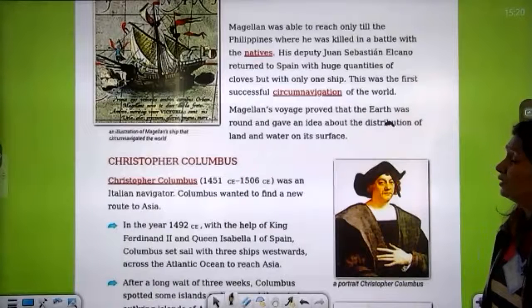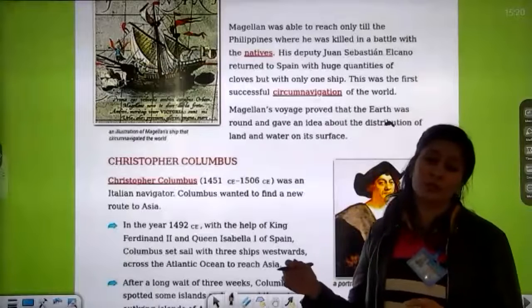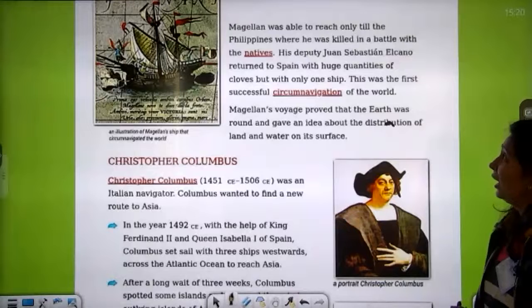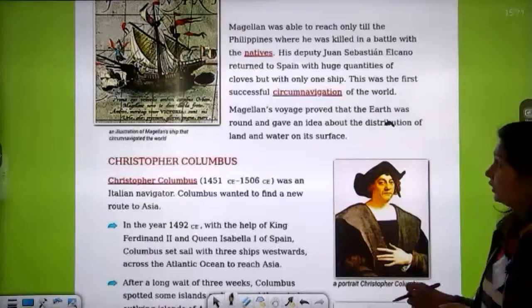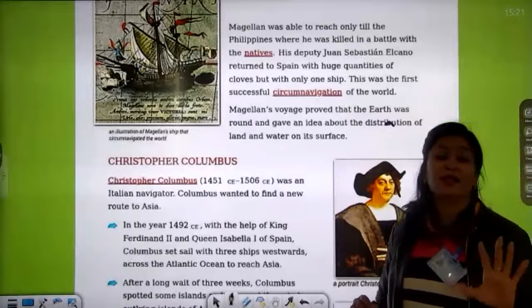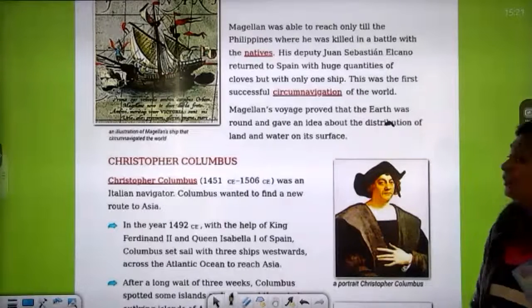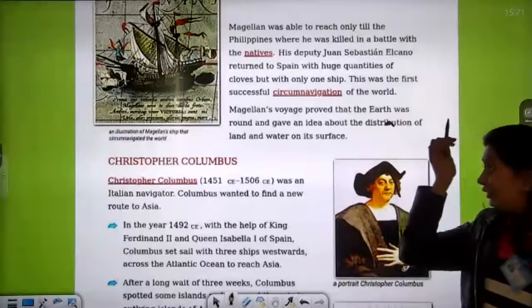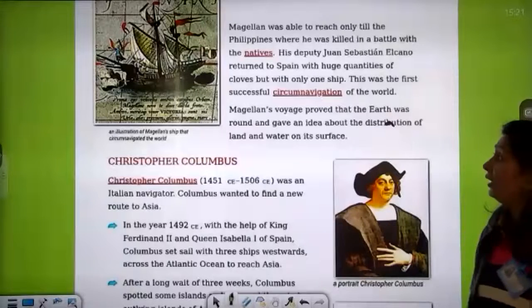His deputy Juan Sebastian Elcano returned to Spain with huge quantities of cloves, but with only one ship. They started their travel with 5 ships. Yes, they started their expedition with 5 ships, but only one ship returned with Juan Sebastian, and he had